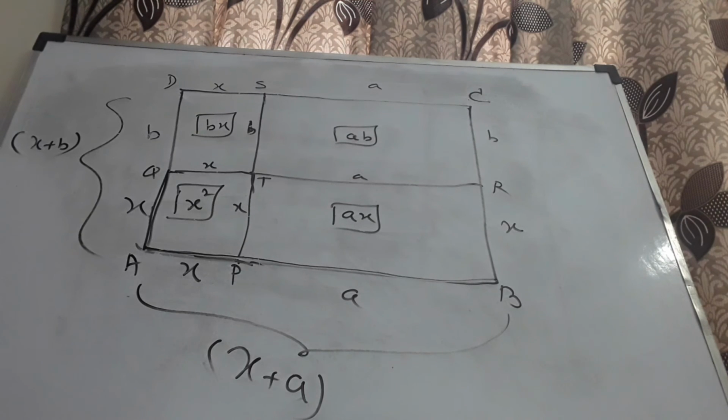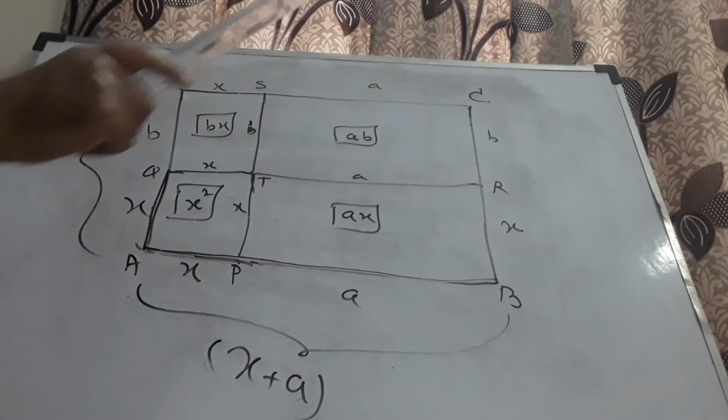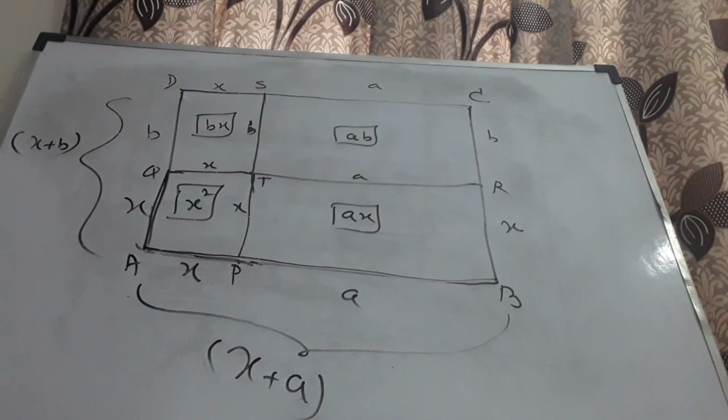This is how we get the proof like an activity. I think you students can try on your own by drawing like this, or you can use some cardboard or wooden material to prepare such a thing. You can do this as an activity. Therefore, the proof of (x + a)(x + b) = x² + (a + b)x + ab is explained in an easier manner as an activity like this.